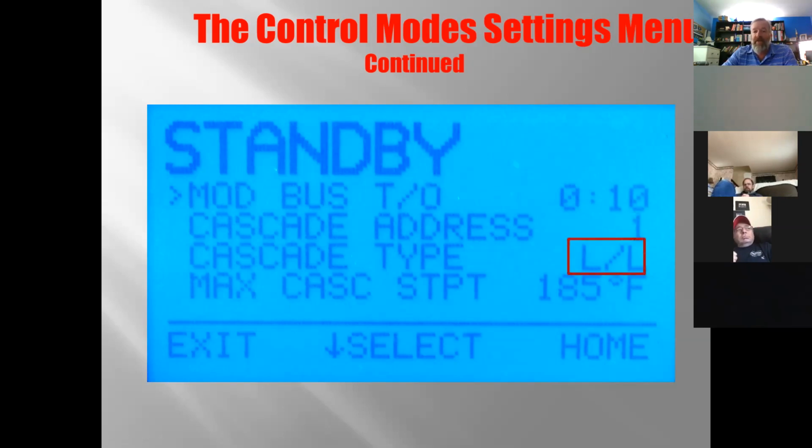The next thing you have to decide is, what's your Cascade type? And that gets into how we stage. So in this case, lead lag is my Cascade type, and I'm going to stage through, and I'm generally going to run